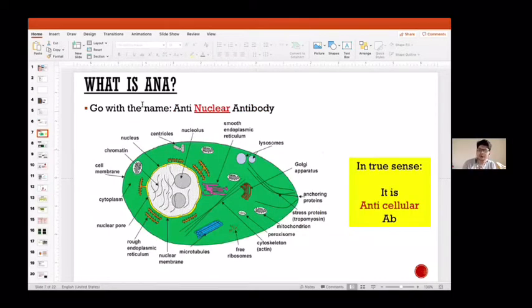So now let's again go with the name, anti-nuclear antibody. This is the image of a cell. Now cell, from our biology in school, we know it has cytoplasm, it has nucleus, it has nucleolus. So when we say anti-nuclear antibody, by that literal meaning the antibody should be targeting one of the structures of the nucleus. Now what does the nucleus have? The nucleus has our genetic material, that's what we call DNA, and the DNA is also associated with the histone, nucleosome, all other structures, and the nucleolus, right? So that's the primary thing against which this antibody should be there.